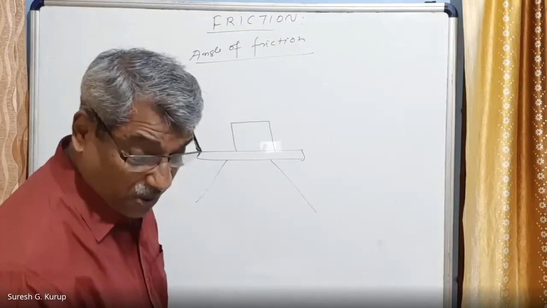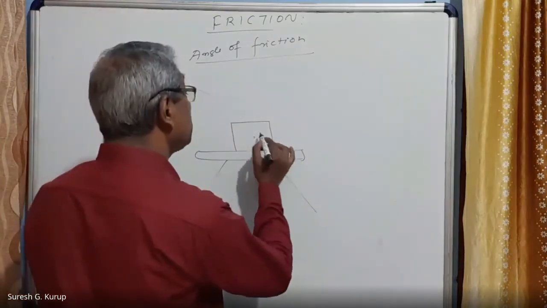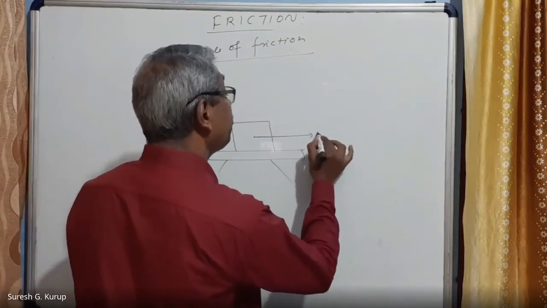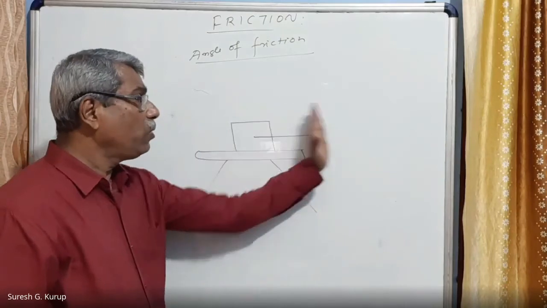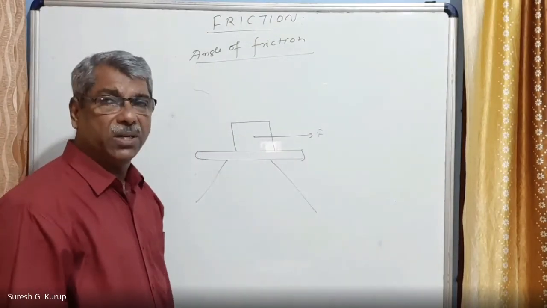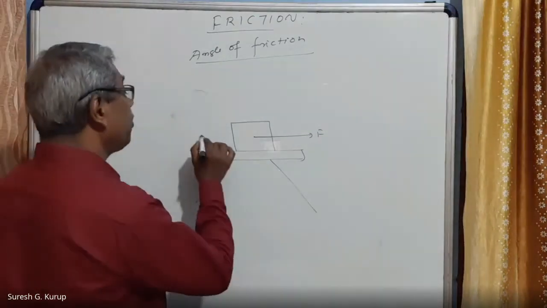The body is pulled. Suppose this is the central point, it is pulled by a force in this direction, right? So when the body is pulled in this direction, the body will tend to move in the direction of the external force. This is the external force, right? Therefore, the force of friction will be in